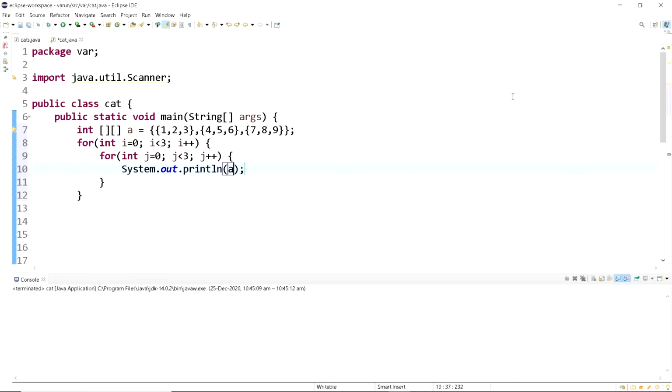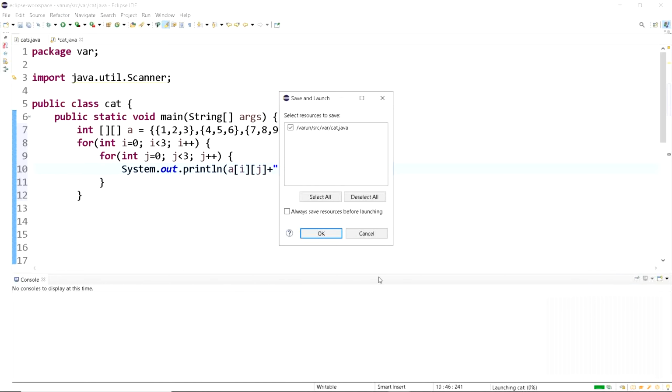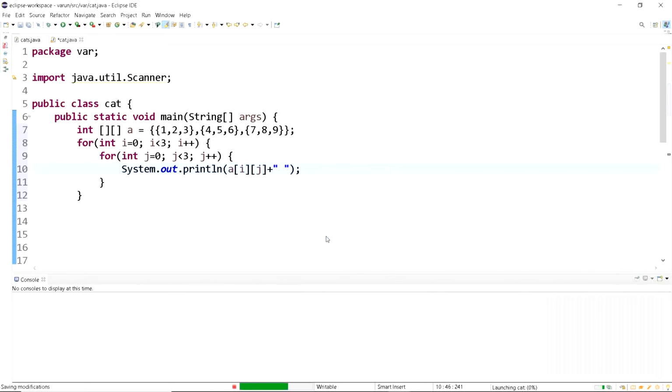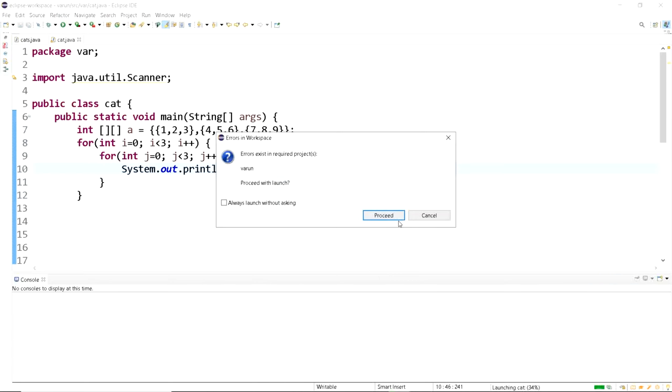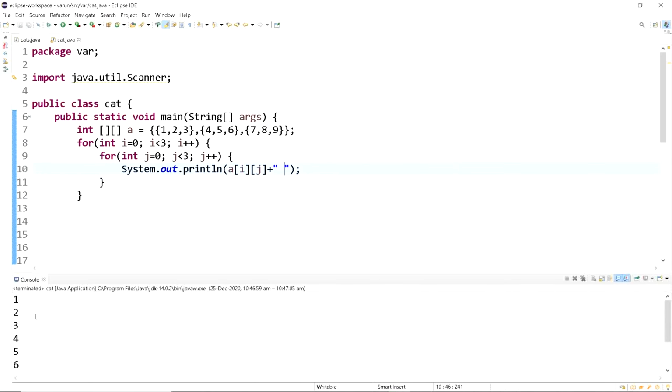Then we need to print out a of i comma j, with some gaps between. As you can see, it has printed all the elements starting from 1 to 9.